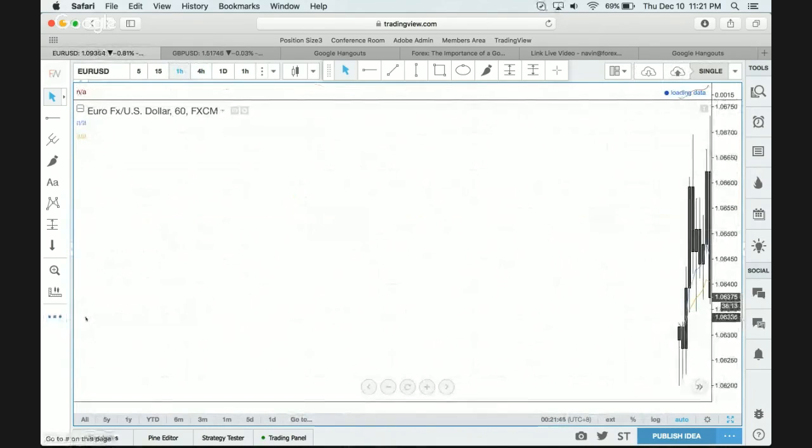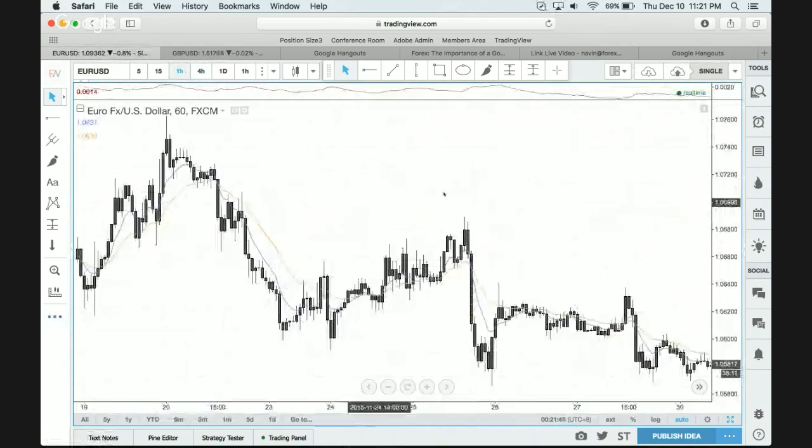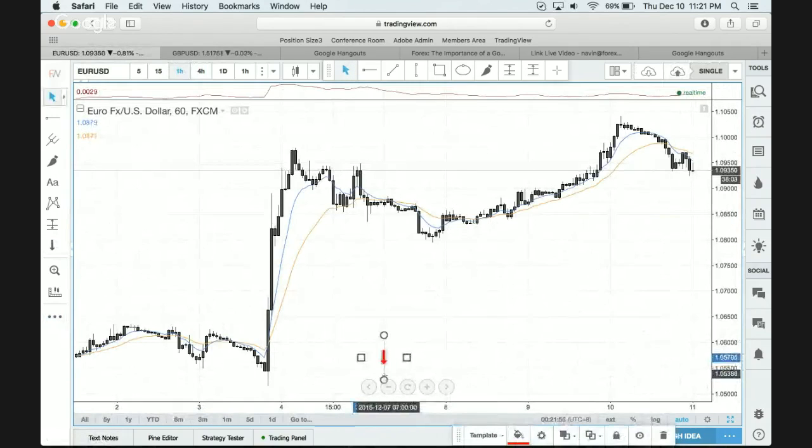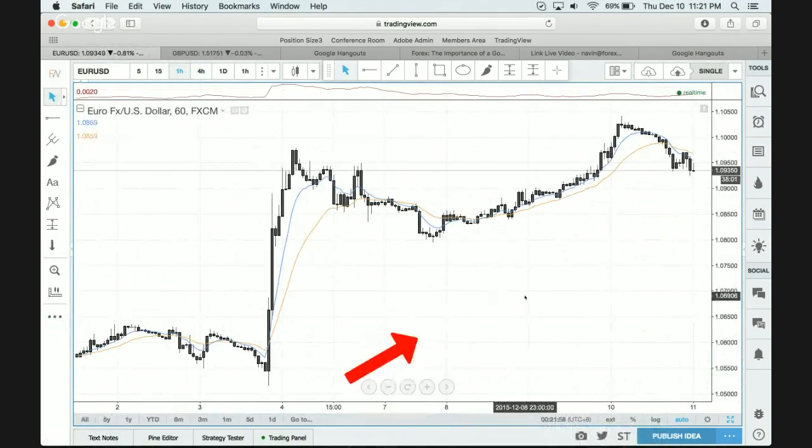Let's clean it all up. So Euro USD, we're seeing the market's been moving up and up and up. It has an overall direction following along with it. The trend is your friend, and all that stuff. Beautiful stuff. Well, one more thing I'd like to point out is